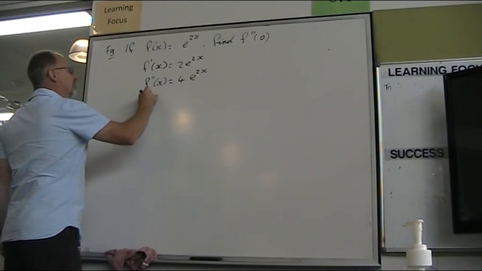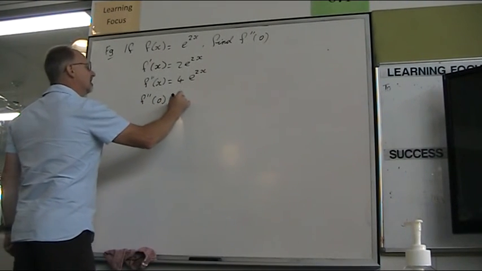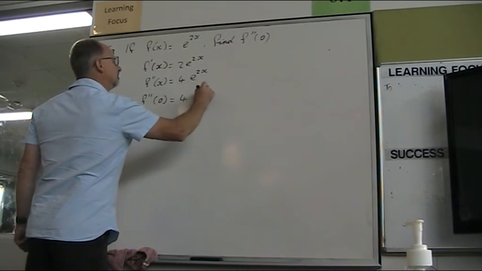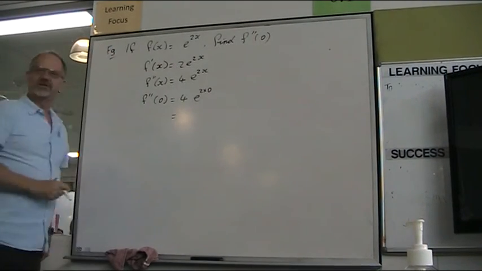So what we're asked to find was the second derivative when x is 0, which is